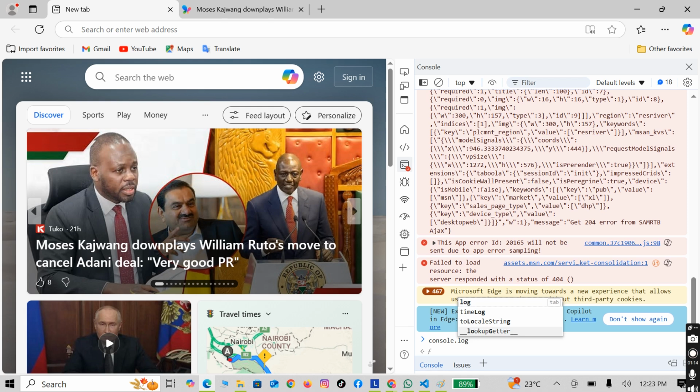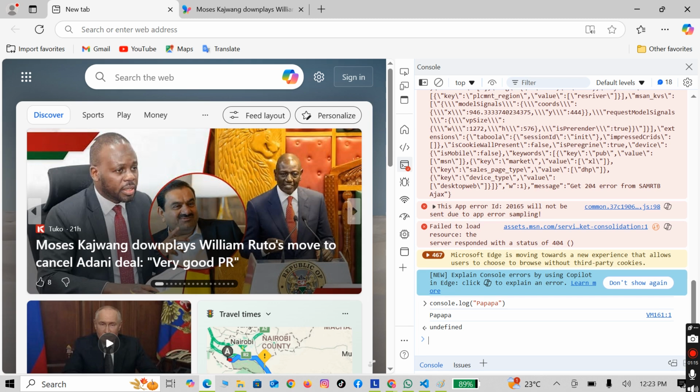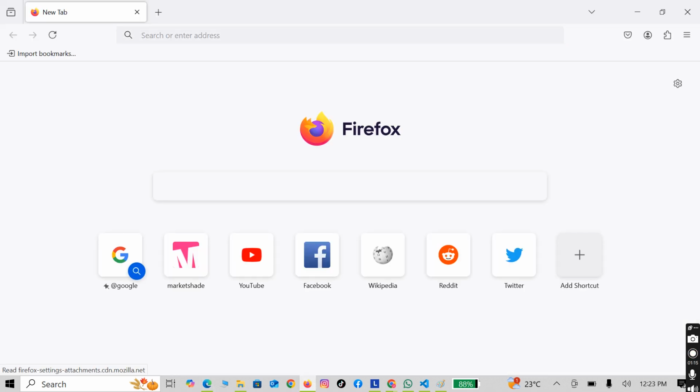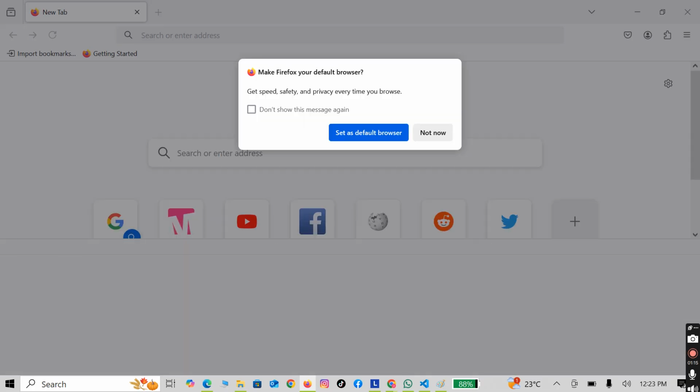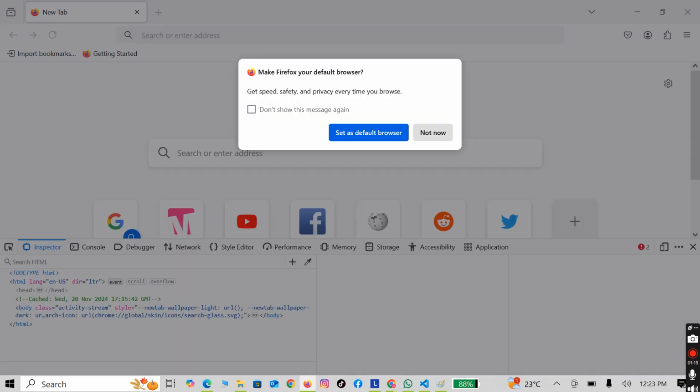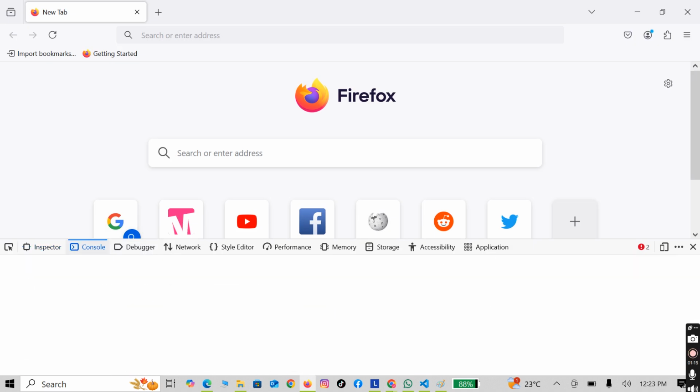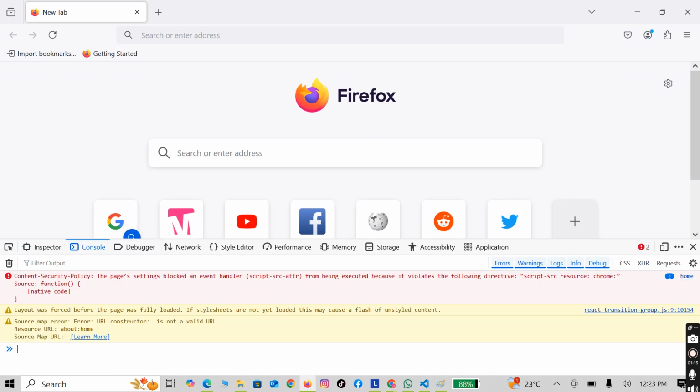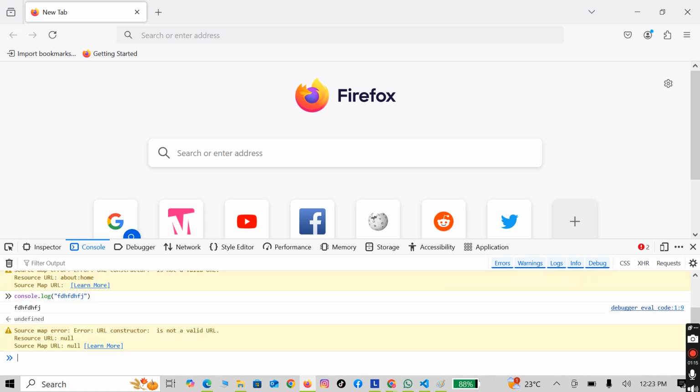Console.log. It will do the same thing. Even in this web browser, it will still do the same thing. Inspect, and again console. Here you write it here, console.log. That is to say, most web browsers work with JavaScript,